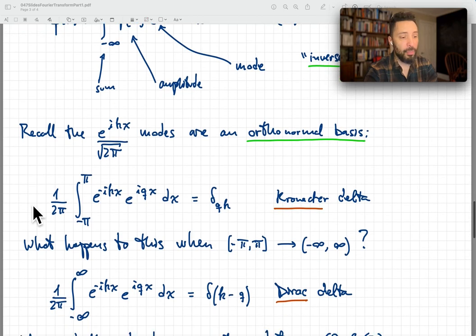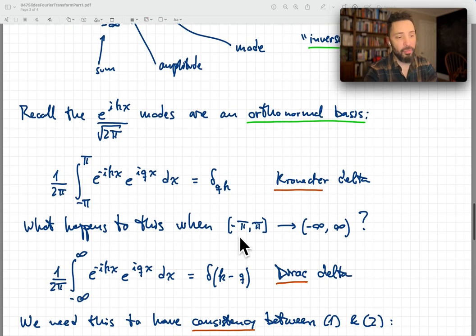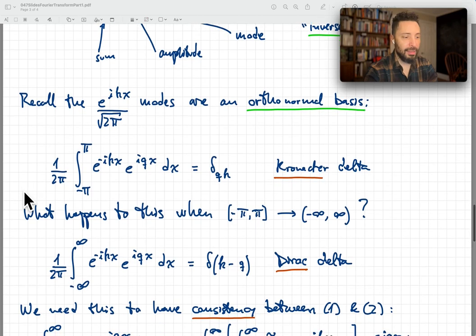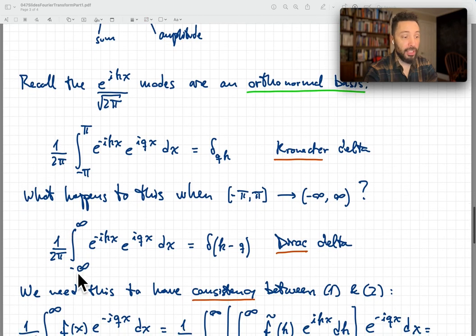Now, what happens when we want to generalize this, as we're doing, from minus pi to pi to minus infinity to infinity? Well, in that case, we are going to be doing an integral from minus infinity to infinity of the same modes in the same normalization, and what results from that is a Dirac delta. So this integral is actually 0 unless k is equal to q, in which case you get essentially a singularity. You get an infinity, and the behavior of that singularity is such that you get precisely this Dirac delta